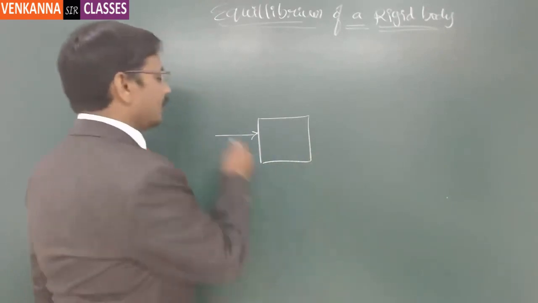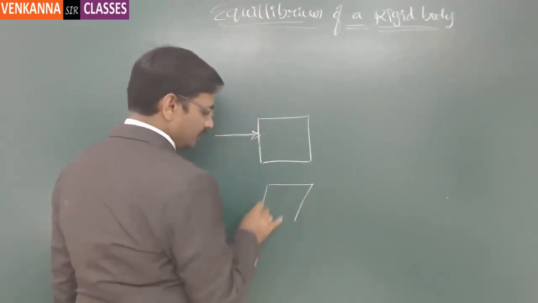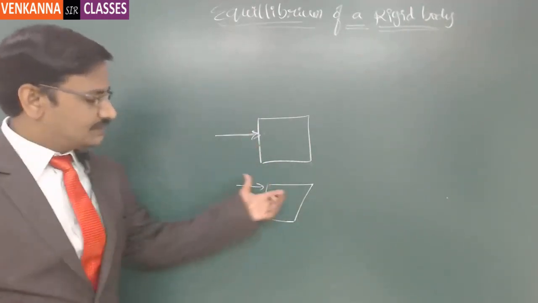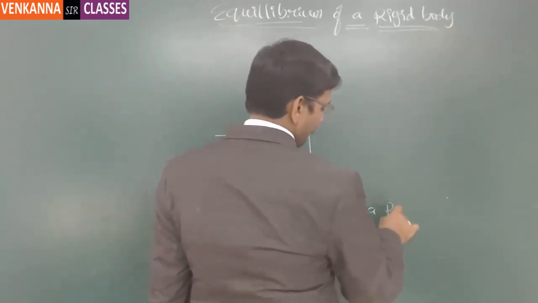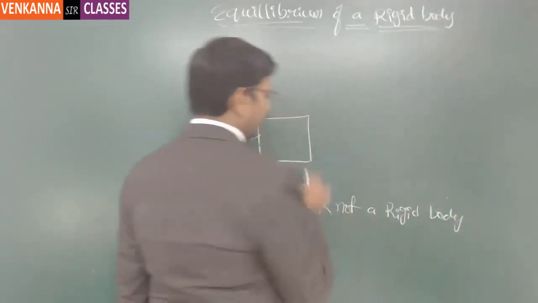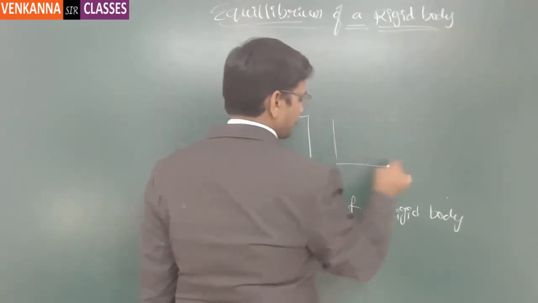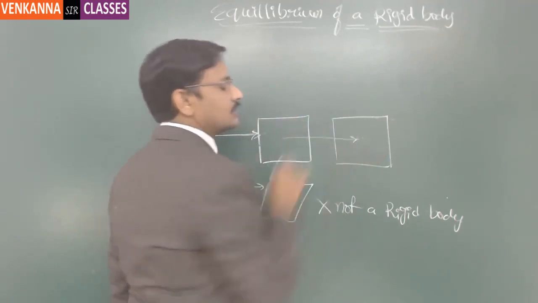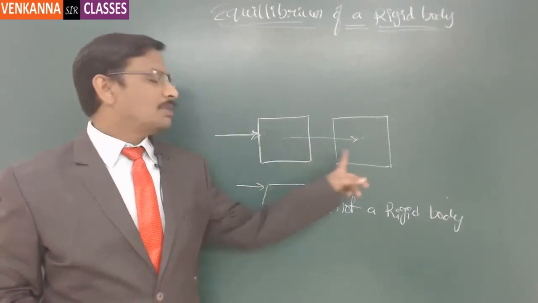But it shouldn't be like actually if I apply a force like this, then suppose the body is deformed in this particular format, suppose if I apply the force like this, then if this is the case, this is not a rigid body. And the same body, if it is moving further like this, actually it moved. So from this location to this location, there is a movement because of the application of the force. But the dimension of the